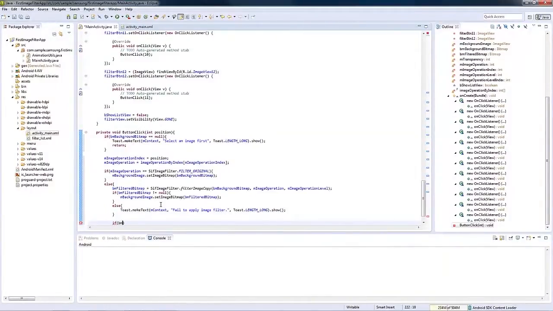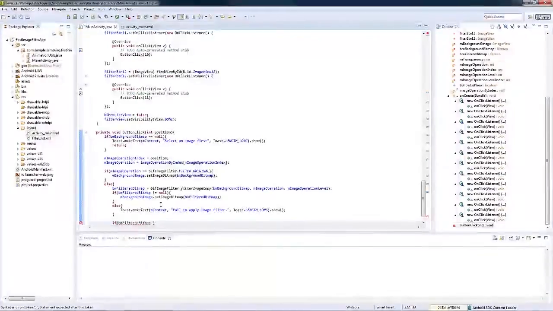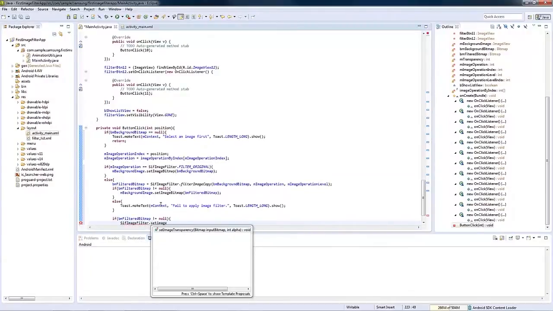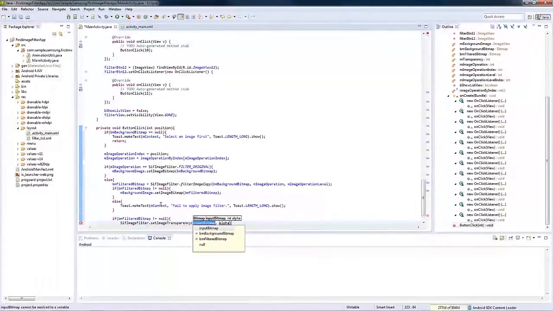This function is not only responsible for changing the filters, but also for the change in transparency. To do that, we must also make sure that we have an image to alter. From the SIF image filter class, use the setImageTransparency function and pass on the filtered image and the value for transparency.